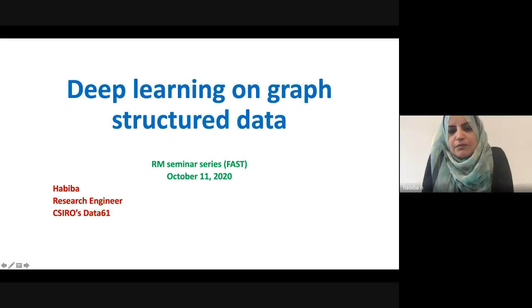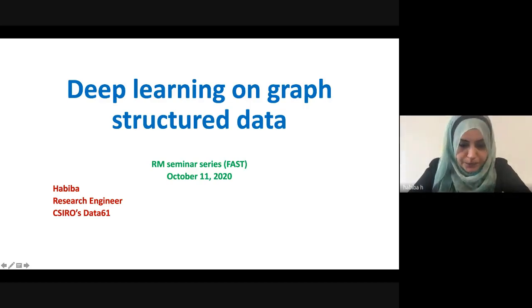I have been part of a graph analytics team. We had been building an open source Python library for everything deep learning on graph structured data. And I will briefly touch upon why such a tool was needed and